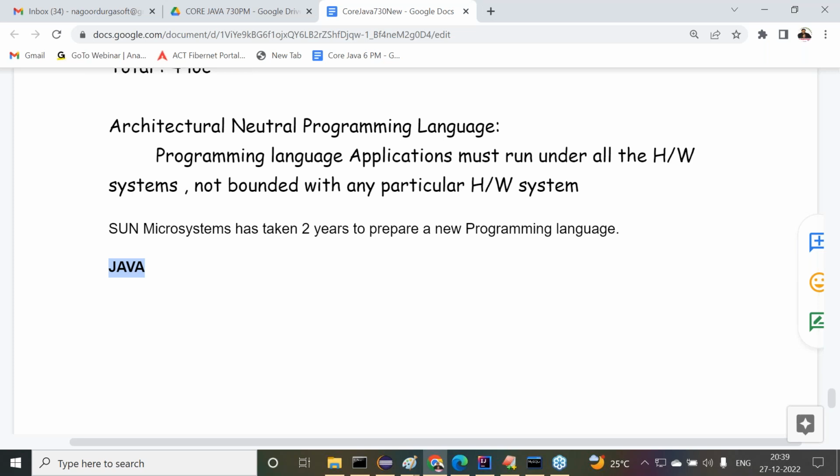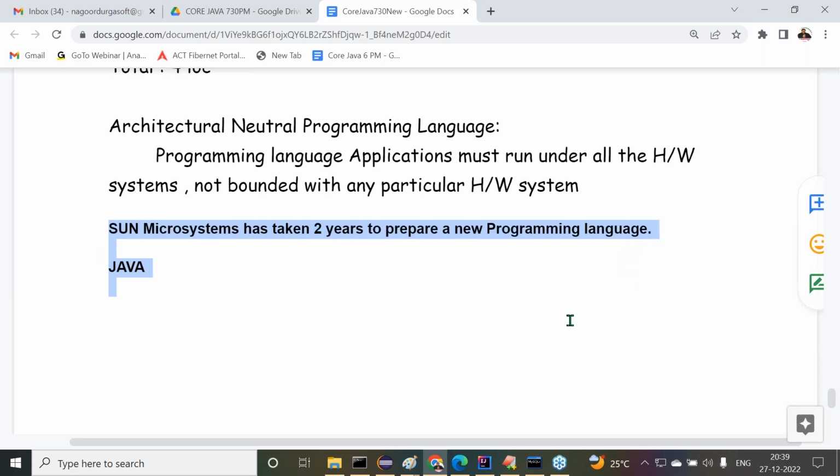Then the Sun engineers gave this proposal to Sun Microsystems. I don't know the reason why, but Sun Microsystems accepted that opinion from all the Sun engineers immediately.